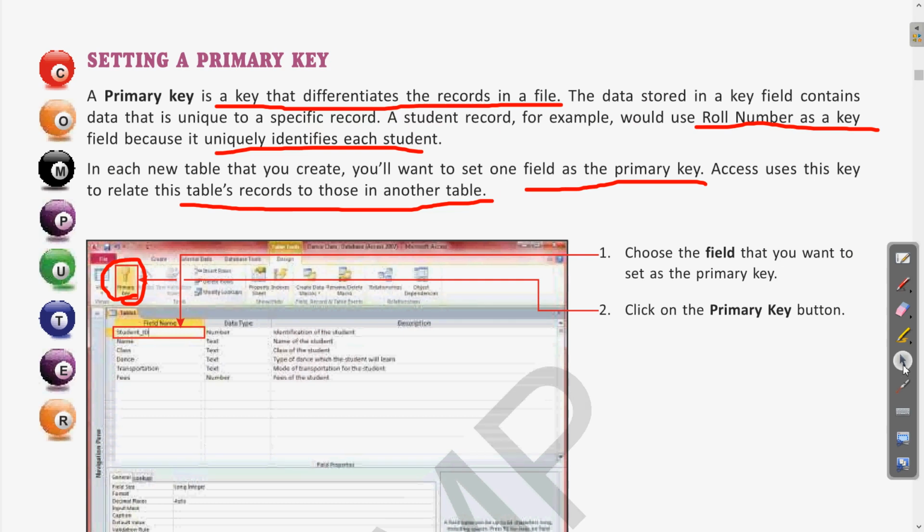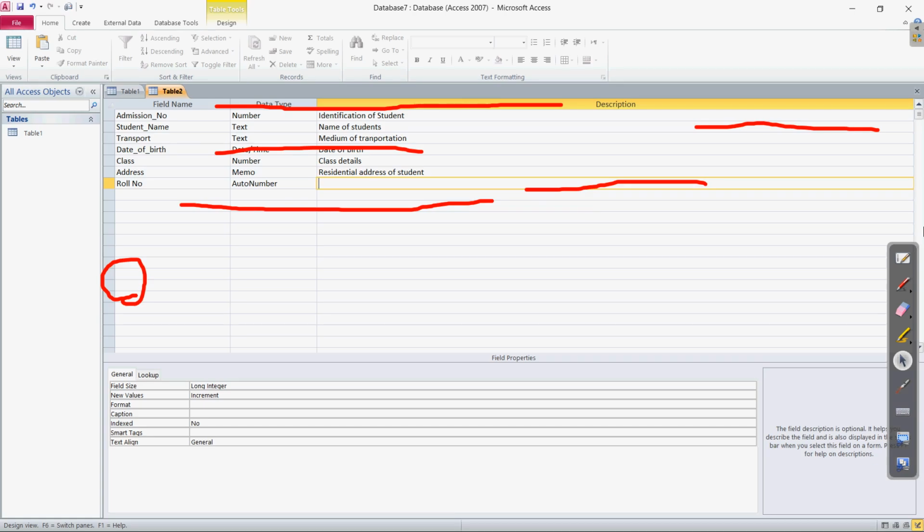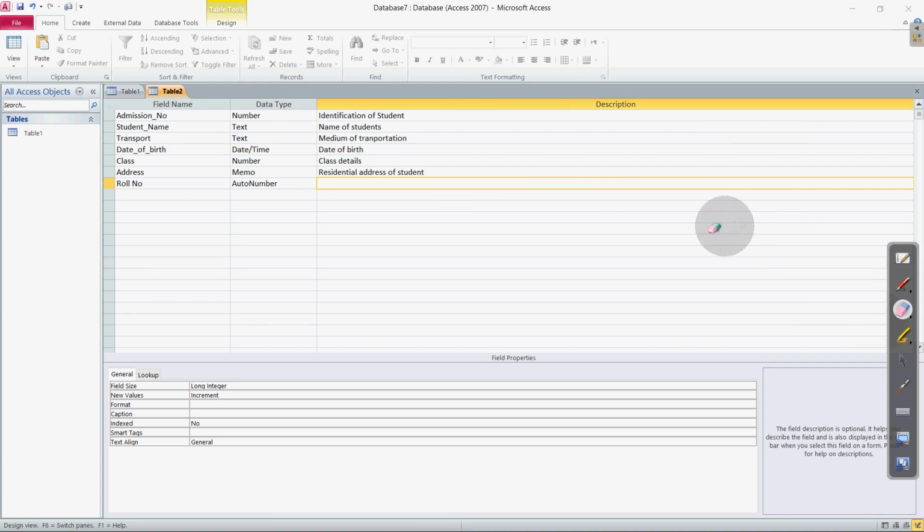Let us come to the software window and see how to choose a field as a primary key. As we were saying, in our table the admission number can be chosen as a primary key, or if there is a roll number it can also be chosen, but we are going to choose admission number.